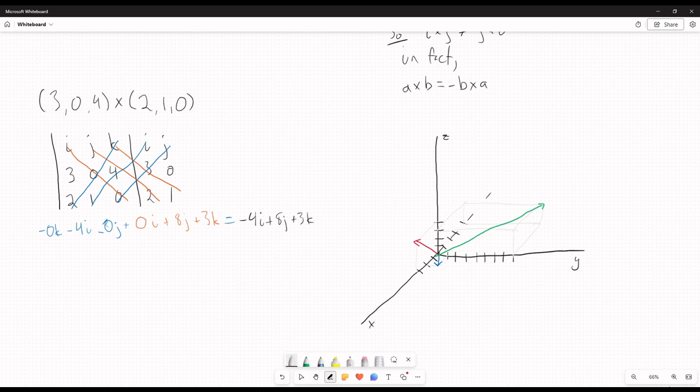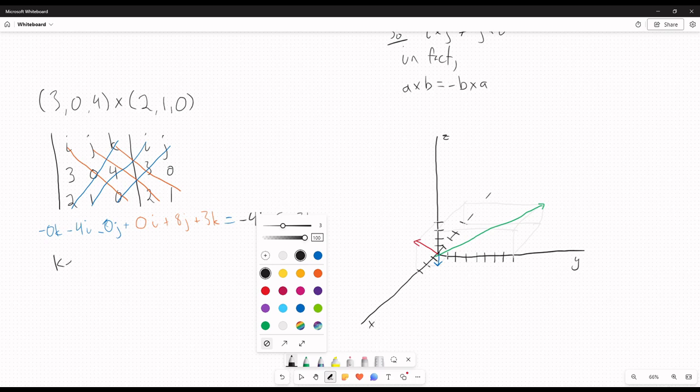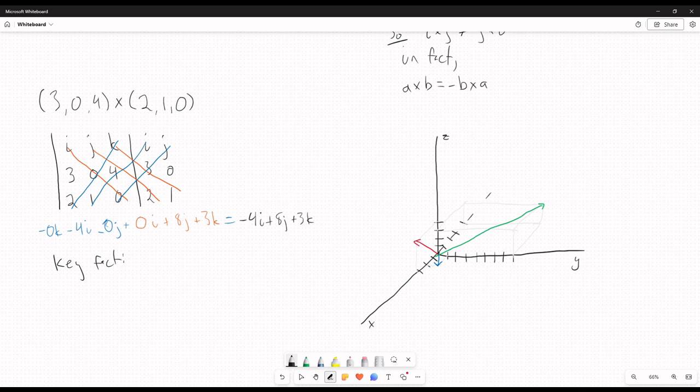So, just like one of the key facts of the dot product is that if you take the dot product, you get 0. A key fact here is that the vector A cross B is orthogonal